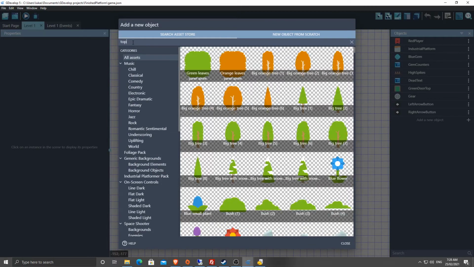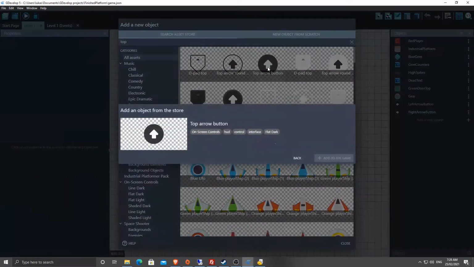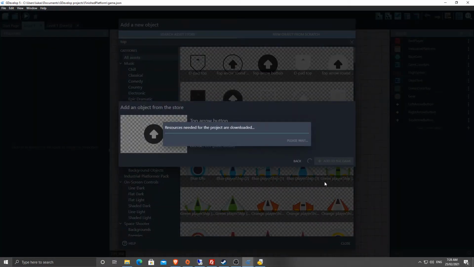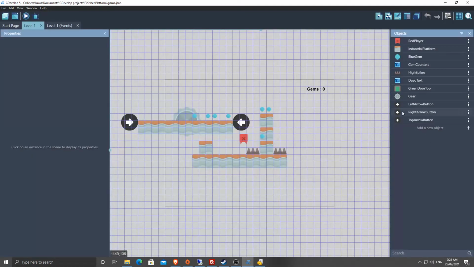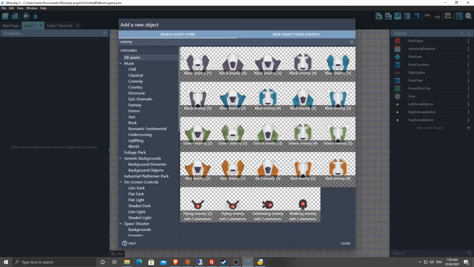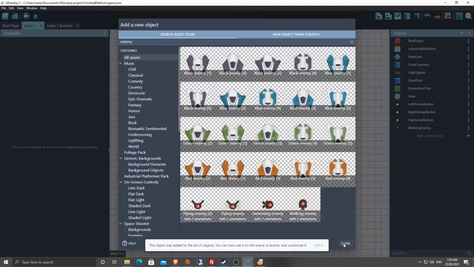I'm going to look for top arrow round. I don't want that one, I want that one, it's a bit easier to see. I'm going to add this to the game. So we'll use that one, and I'm going to also add an enemy. So let's just get this little walking enemy down here, add him to the game,